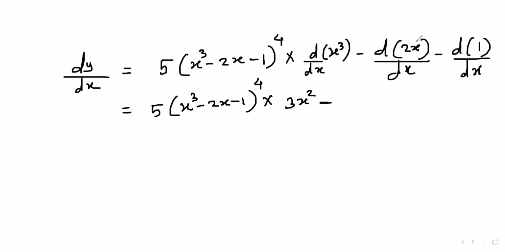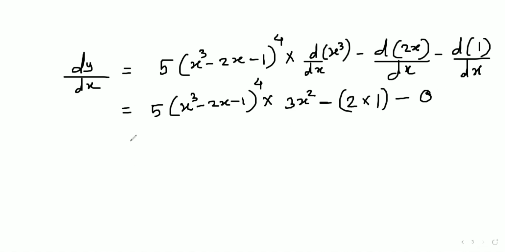Let's find the derivative of 2x here. Now 2 is the constant term, so let's write 2 as it is, and we know the derivative of x is always 1. So we will write the derivative of x as 1. Let's put a bracket here. Minus 1 is a separate constant without a variable. When you get such a number, its derivative is always 0. The derivative of a constant is always 0, and therefore we will write 0 here.